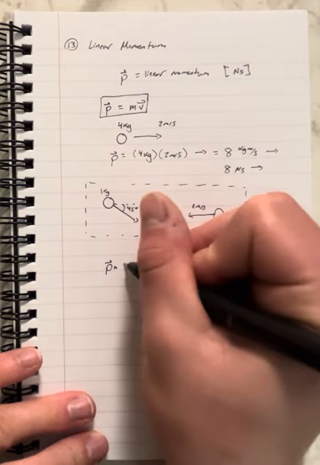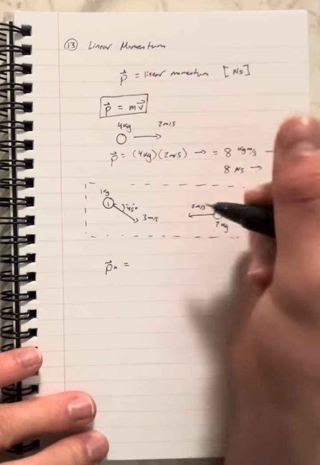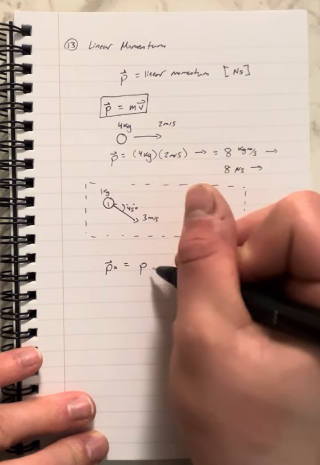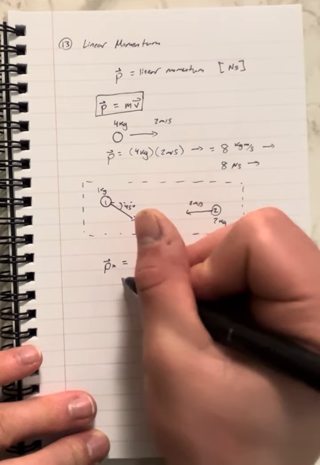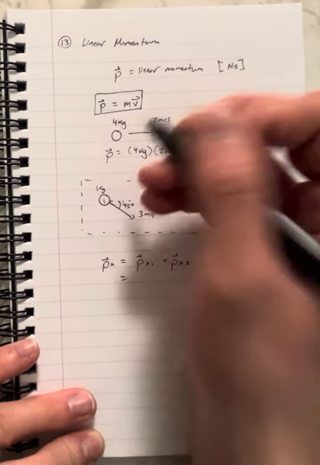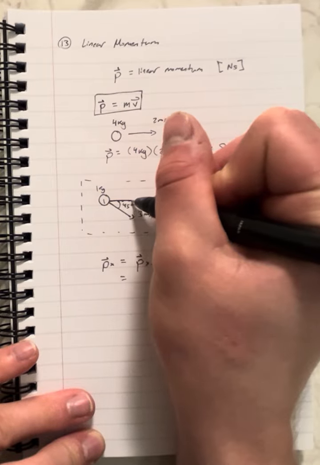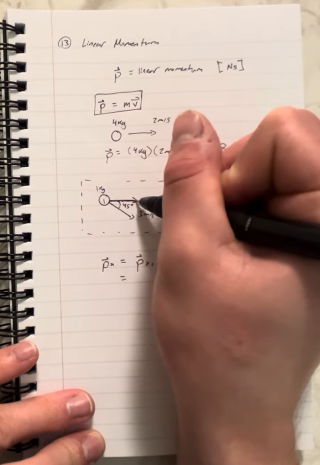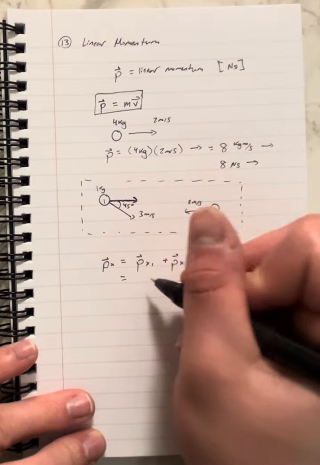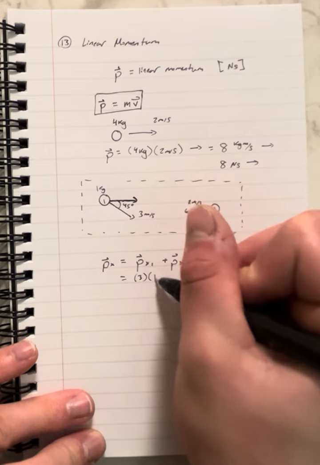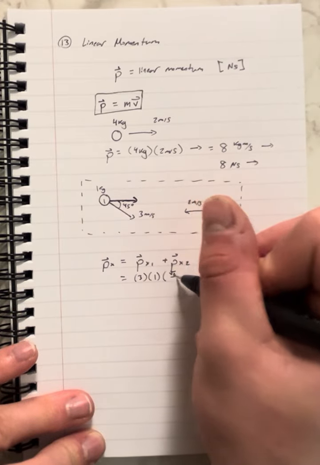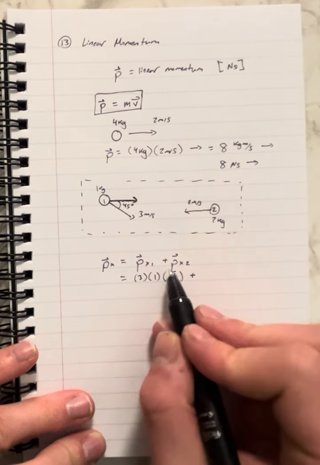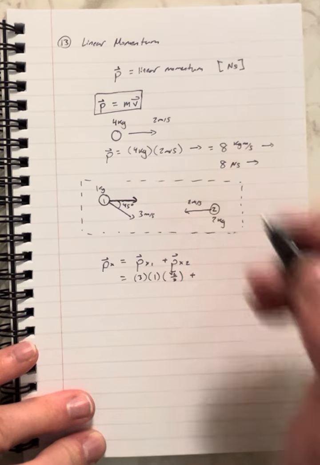I'm going to say that px is equal to, if I call this m1 and this m2, px1 plus px2. All vectors. Okay, so what's px1? Well, it's the horizontal component of this momentum vector, that one right there. So that's going to be 3 meters per second times 1 kilogram times the cosine of 45 degrees, which is root 2 over 2. We're going to add to that the x component of this vector. That's 2 kilograms